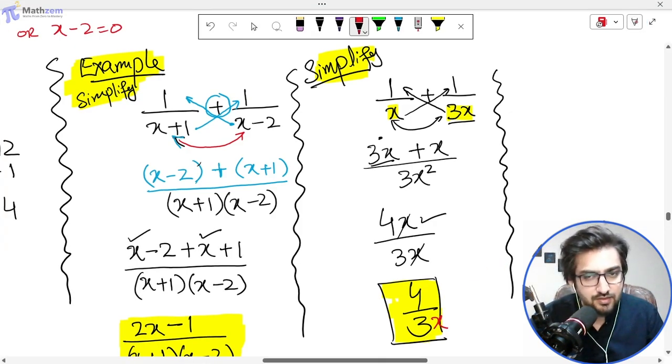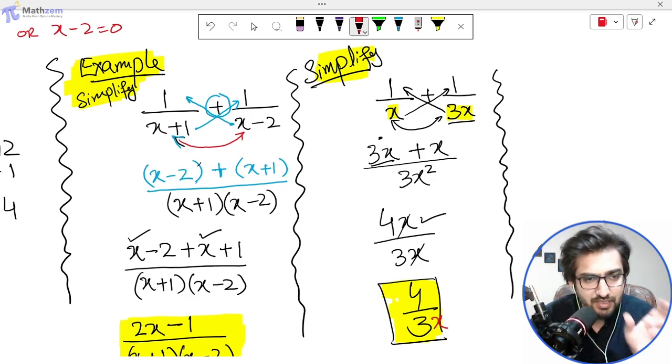So I hope that is clear. Okay, so this is when there is plus or minus in two algebraic fractions. So this is the method to simplify that. You need to do cross multiplication and multiply the denominator and write that. Okay,